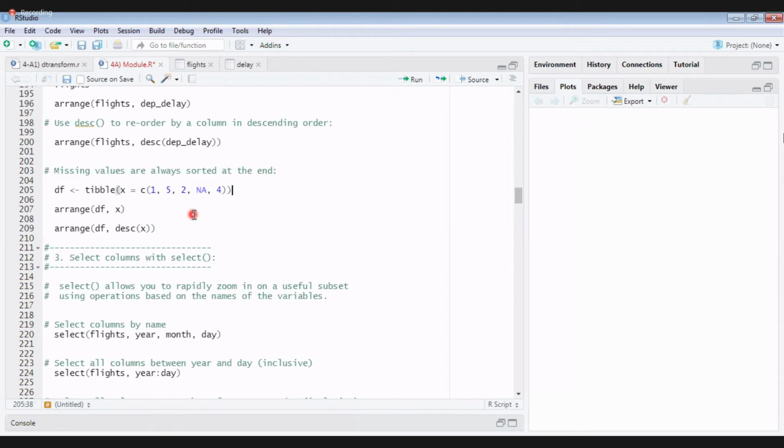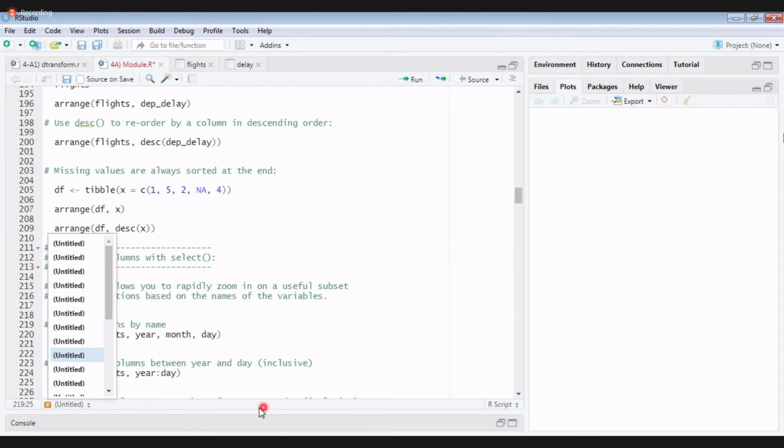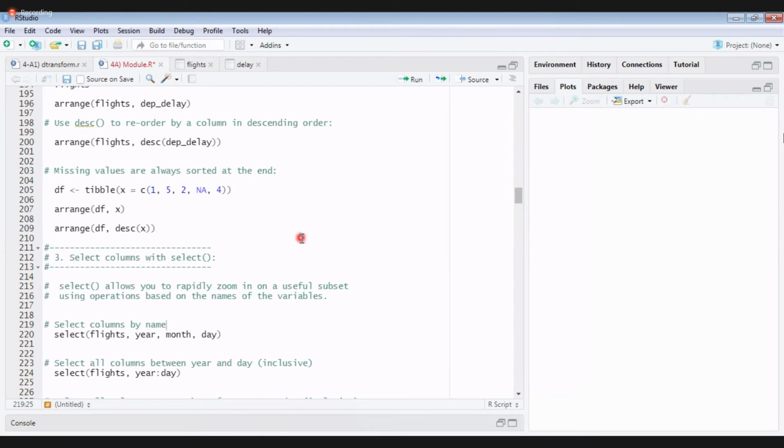Okay, this is about arrange. Next, we have select. Have you heard of the select command in any other language? Yes, sir, DBMS. DBMS, very good. It is similar to that. We generally use select star from EMP. Star means all the columns, or select salary, comma, age, comma, number of hours from EMP.